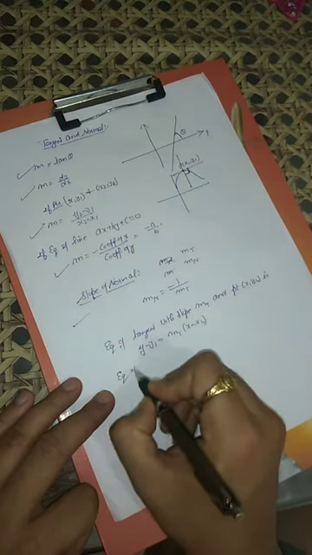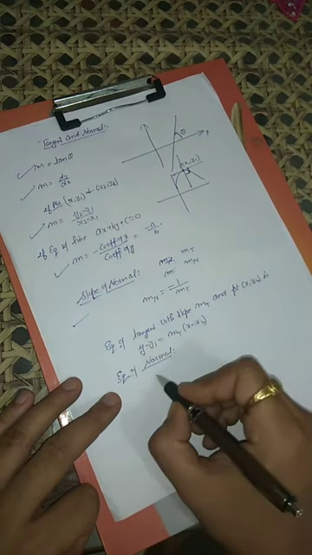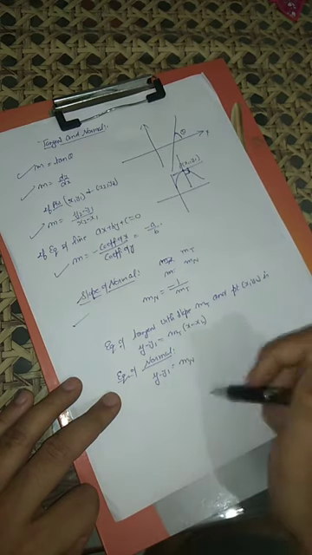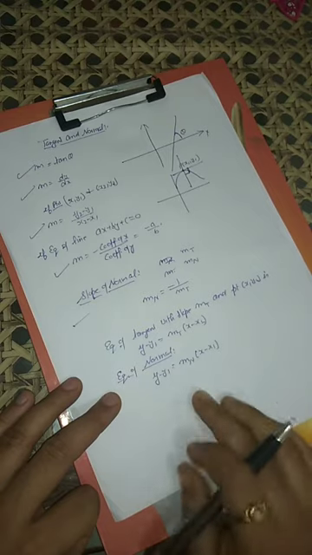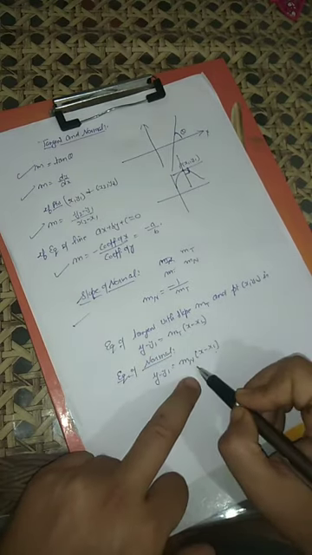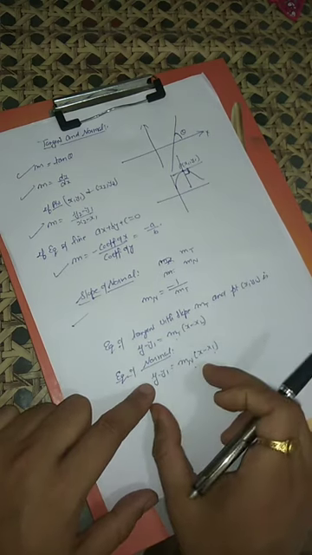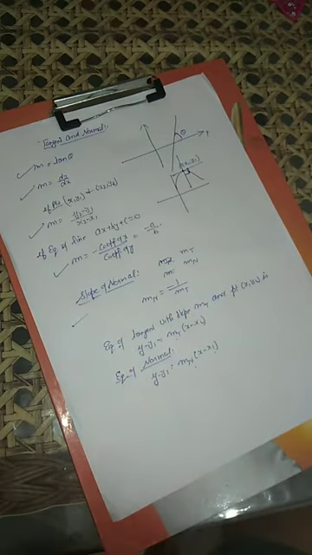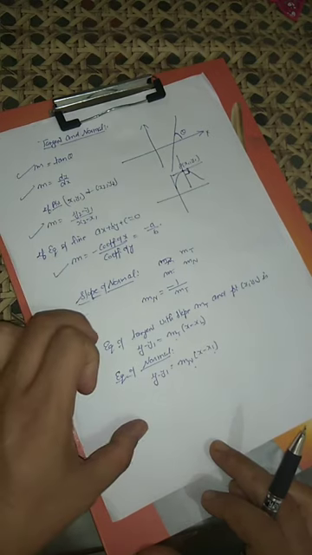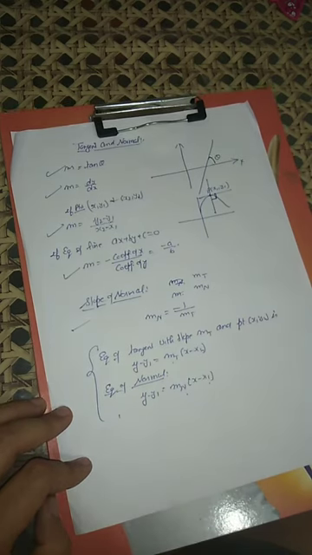And what about equation of normal? Equation of normal will be the same. The only difference is here I will use slope of normal. Remaining x minus x1 will be same. So x1 y1 will be the given point, and mn is the slope of normal, mt is the slope of tangent. And x and y are part of the equation, an equation is always in the form of x and y. So that is all about slope of tangent and normal and equation of tangent and normal. I think this is clear to everybody.